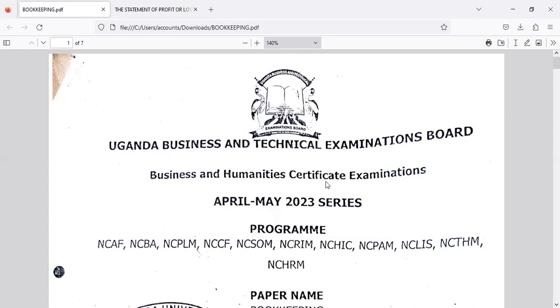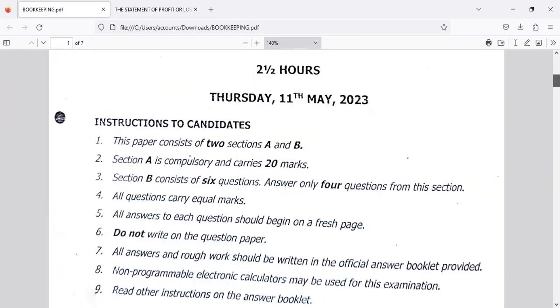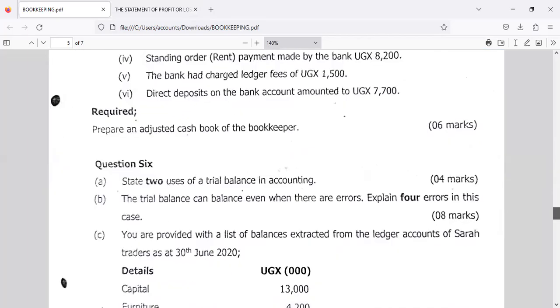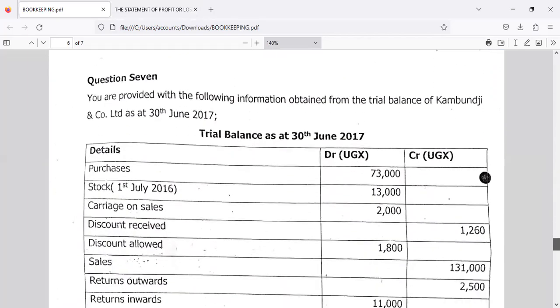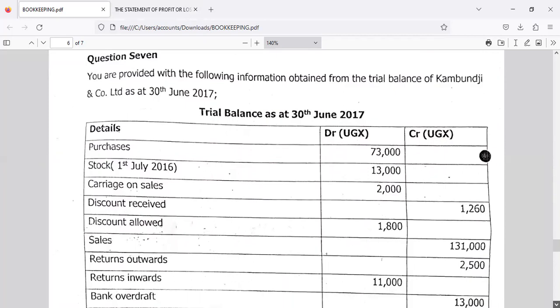So this is our question paper. So we go to the last question. That is question 7. You are provided with the following information obtained from the trial balance of Cambodia and Company Limited as at 30th June 2017. So this is our trial balance. You have the purchases, the opening stock, carriage on sales, discount received, discount allowed, the sales, return outwards, return inwards,